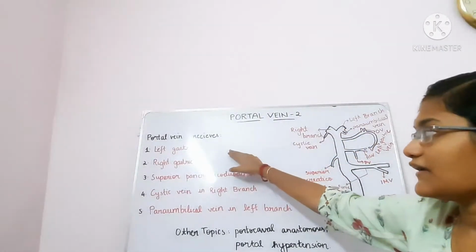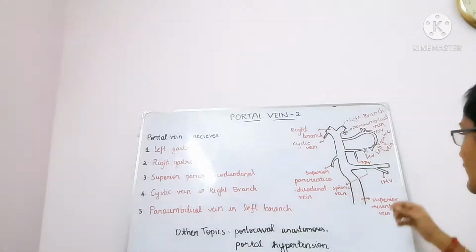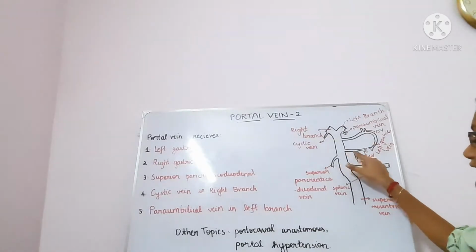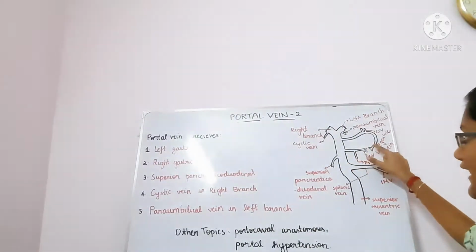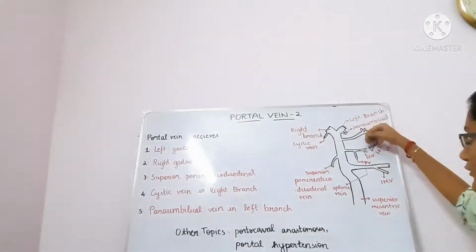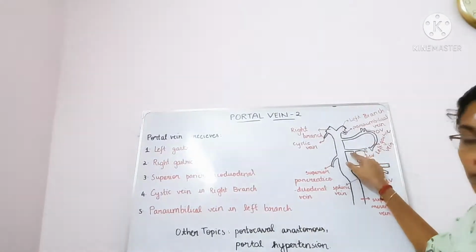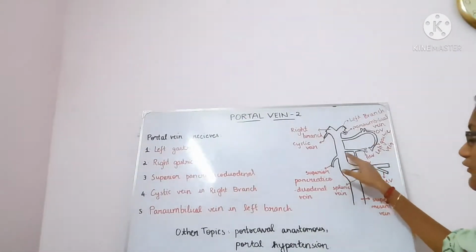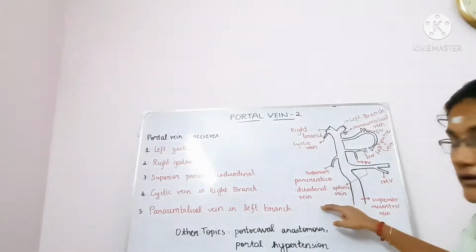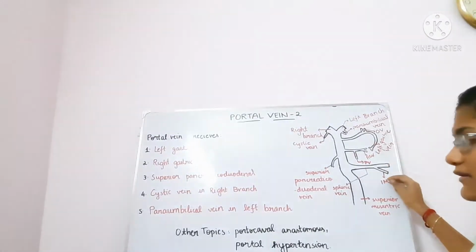The left gastric vein will run along the lesser curvature of the stomach. So this is the left gastric vein, it runs along the lesser curvature of the stomach, and the right gastric vein will anastomose with the left gastric vein. The left gastric vein receives esophageal veins, and the right gastric vein receives the prepyloric vein of Mayo. The portal vein also receives the superior pancreatico-duodenal vein, and the splenic vein will receive the inferior mesenteric vein.